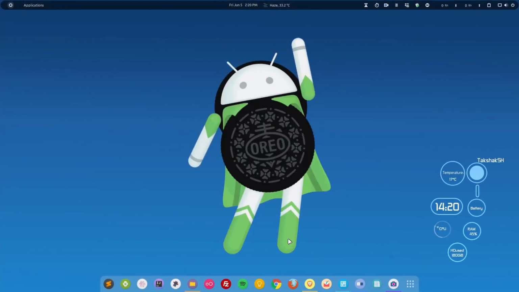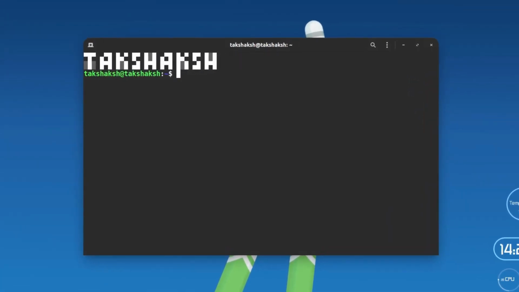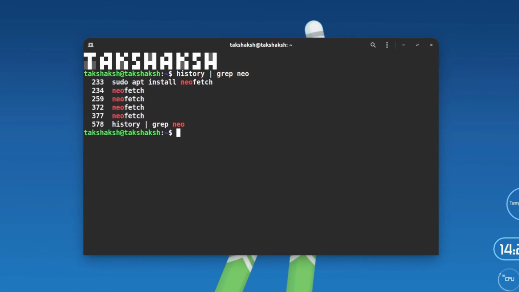That way you can go through the commands that you have previously executed in the system, and if you are not able to remember a particular command but you know it starts with a certain word or character, then you can also search for that command. You can use the classical piping method. You can type history, and for example you want to search for something like neofetch, so you can pipe this command to grep, and I can type neo because I don't know the whole word, and I can hit enter. This will list all the commands that contain these characters.